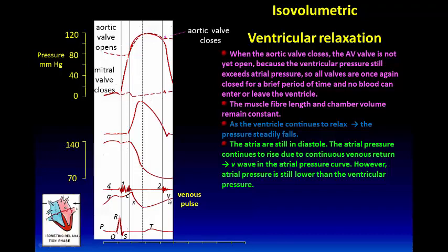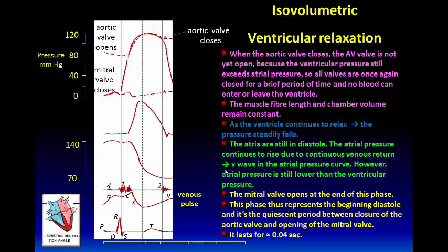However, still again, left atrial pressure is lower than left ventricular pressure, and the mitral valve is still closed. It is only when the left atrial pressure exceeds the left ventricular pressure that the mitral valve opens, and this happens at the end of the isometric relaxation phase. So the mitral valve opens at the end of the isometric relaxation phase, and this phase thus represents the beginning of